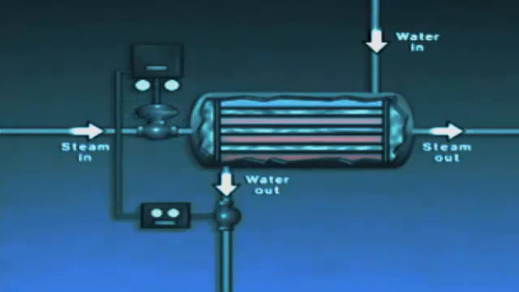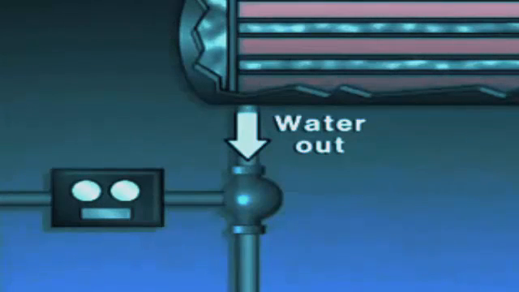The control valve responds to the signal from the controller by closing to reduce the amount of steam flow to the heater. As a result, less heat transfer takes place in the heater, and the outlet water temperature returns to set point. A feed-forward control system attempts to correct for a process disturbance before the controlled variable in the process